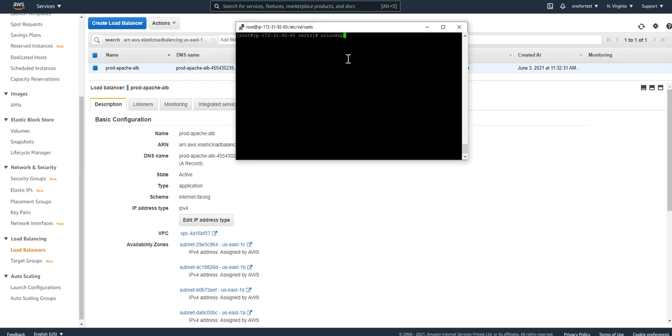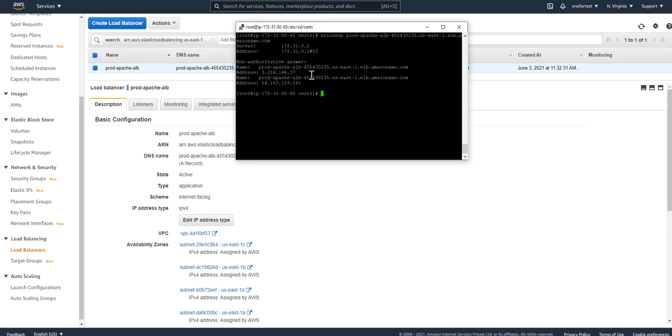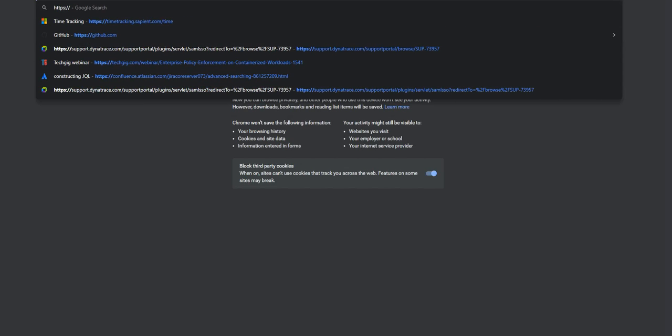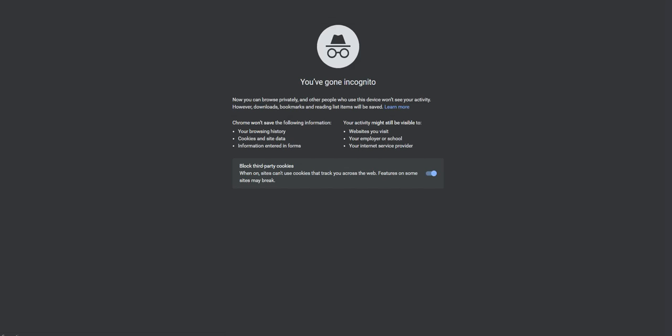If I nslookup this DNS name, as you can see, these are the two IPs being given by the load balancer. Now these IPs are volatile over time, so they could change. If they change, you will have to make changes in your DNS, as we already discussed. Now if I try to browse this IP in my browser, let's see what we get. These are the public IPs. This ALB is currently pointing to my server 2, VM2. Now if I refresh it, it is now pointing to server 1. So we can say the ALB is working fine. It is distributing the traffic as expected.